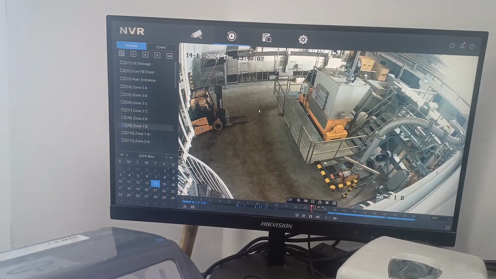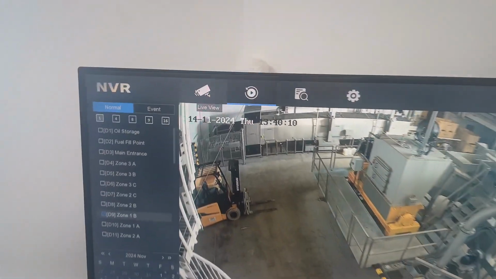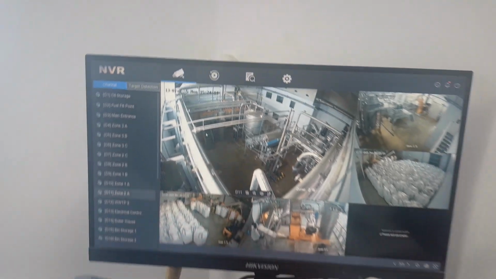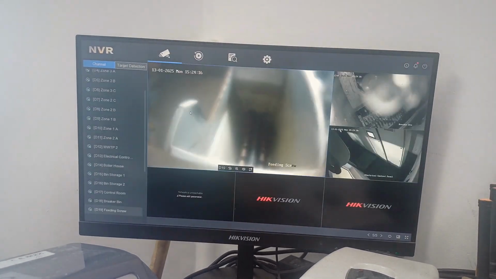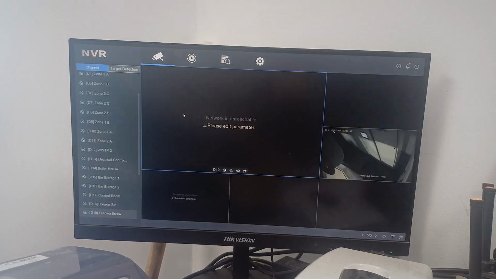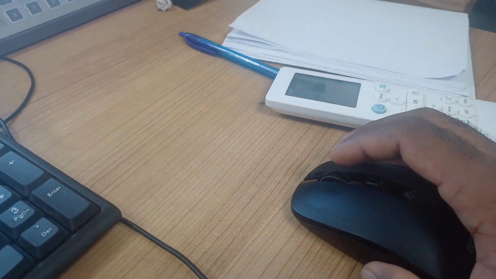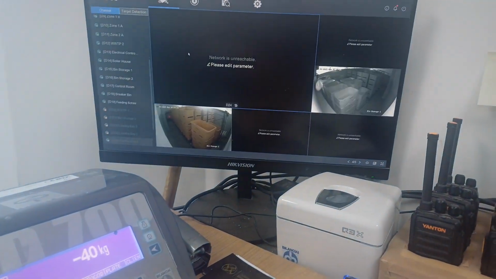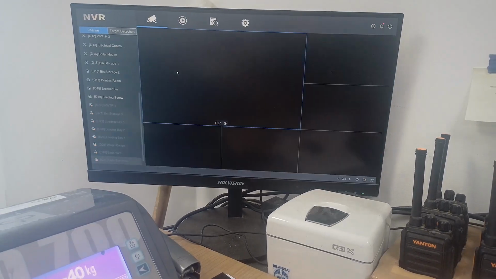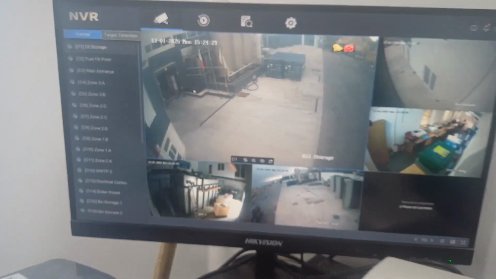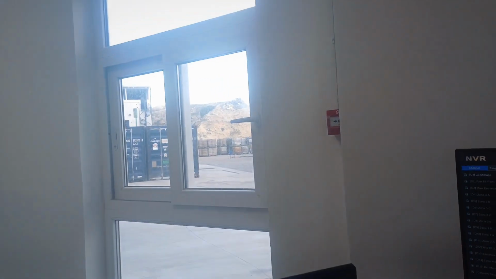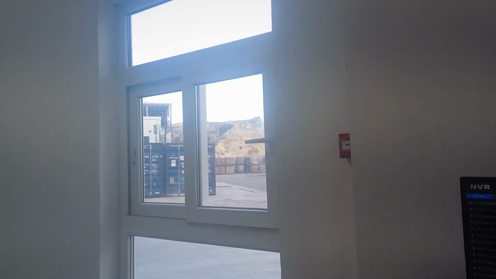So, and again this is live view. Like this, if you scroll, it will change. Now I can see outside clearly, and this is how you can check